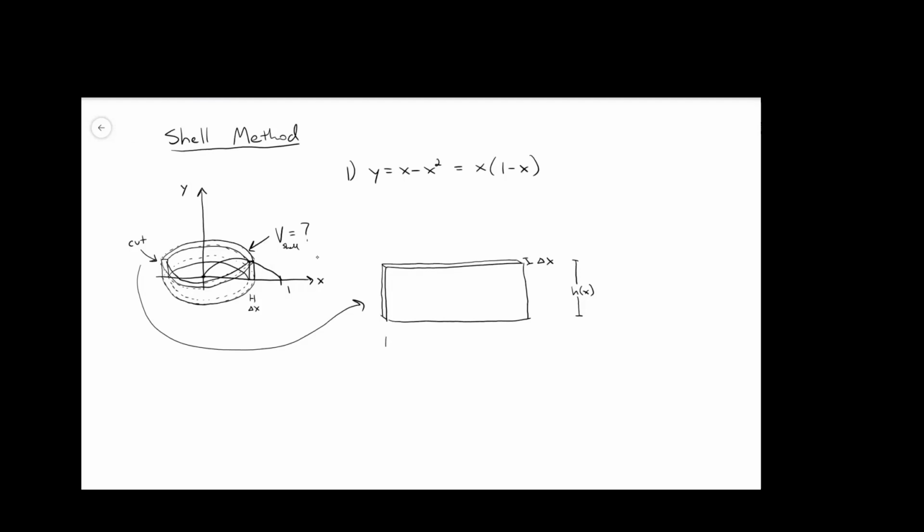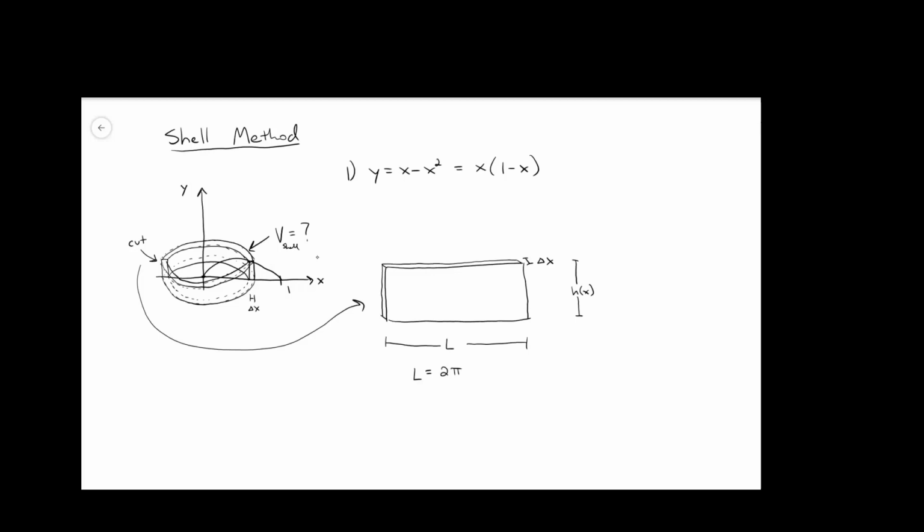And then finally, the other one that we have here is, well, that's the circumference, basically. So I'm just going to call that L for now. Does everybody see that that really is the circumference of that shell? Because when you cut it and lay it out flat, then what was the circle is now the length of the rectangular solid there. So what is L? Well, according to our geometry formula, since that's the circumference, it's 2 pi times x, because